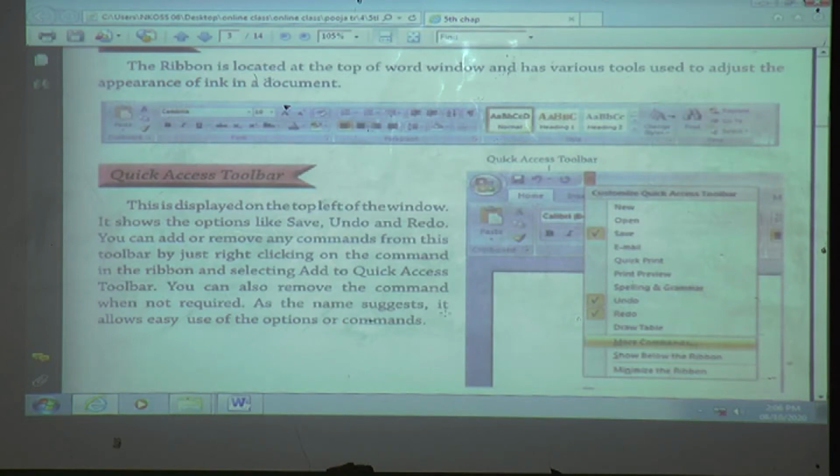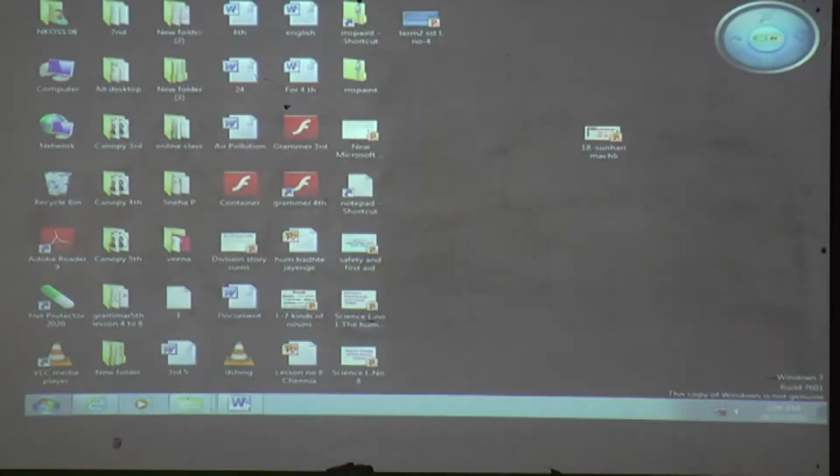It allows easy use of options or commands. Suppose we want a different shortcut, then we can add this shortcut, and if you don't want, then by using a single click we can delete it also. We will see here how to add and how to delete.